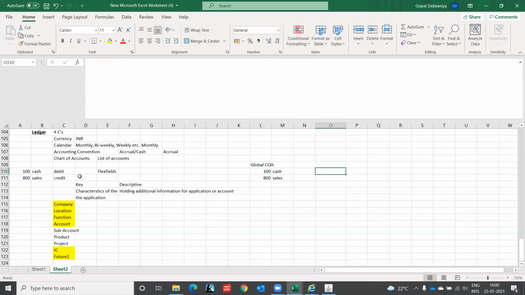And now for this, I have one legal chart of account, or country chart of account. Legal chart of account is telling that the cash account needs to be like this, my sales account needs to be like this. So if I am booking in the global chart of account, there will be a bridge